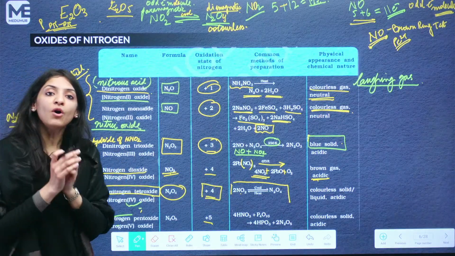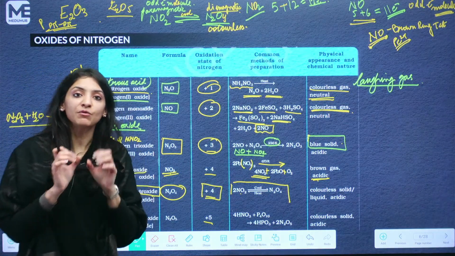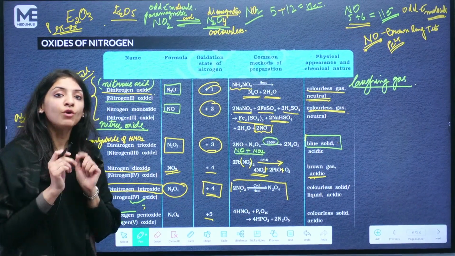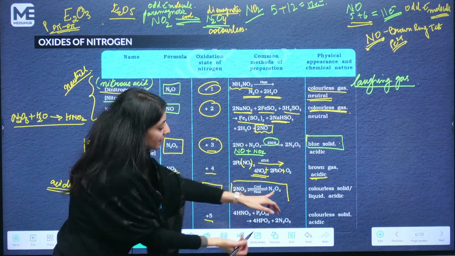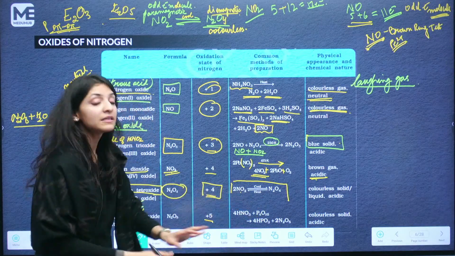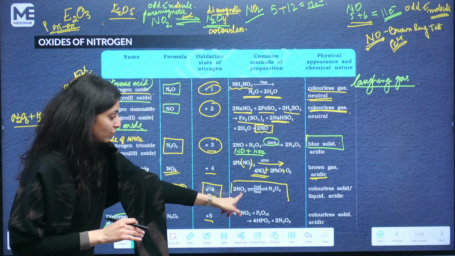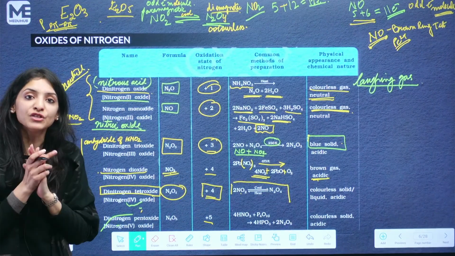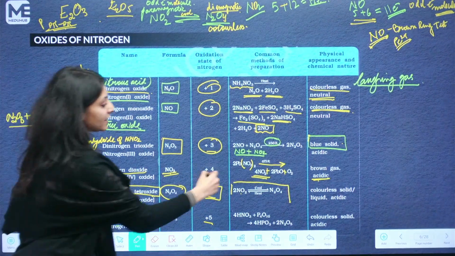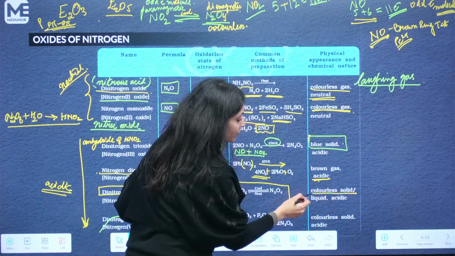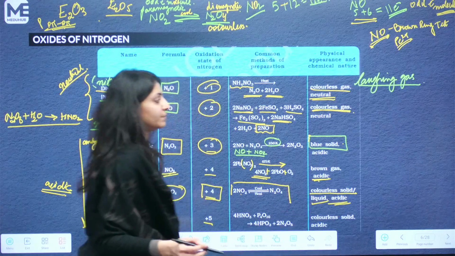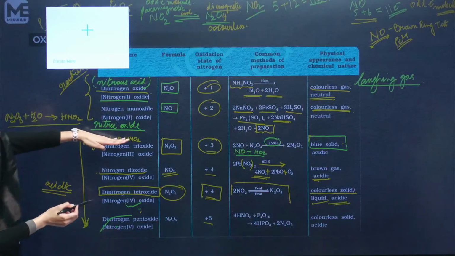So it is a strong temperature dependent equilibrium. At a temperature of around 100 degrees, what would it mean? That means you're heating it around 100 degrees, 90% of the vapors will be NO2, only 10% will be N2O4. So this is strongly temperature dependent. It is a colorless solid, colorless liquid, and it is acidic in nature. So all the oxides from this onwards,